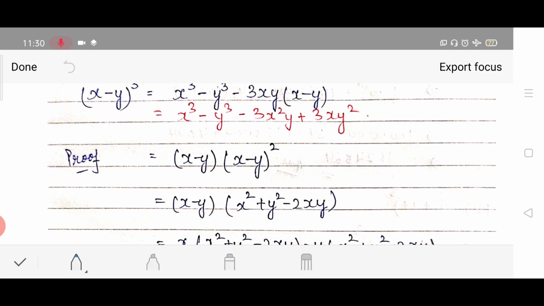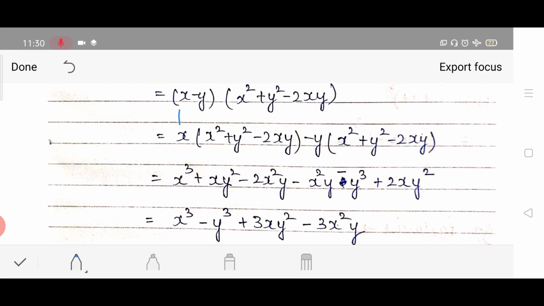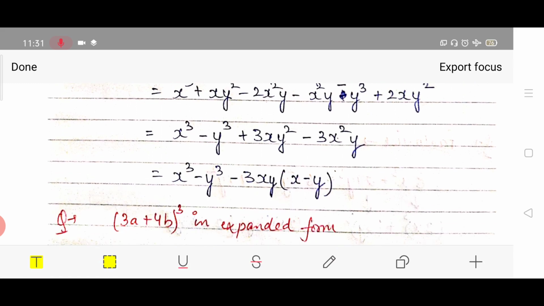Now let us see how this identity can be proved. Okay, let us see if you are having the identity (x - y) cube. So we can write it as (x - y) into (x - y) square, because if we multiply these, what will happen? (x - y) cube. Now what we have done, we have applied the identity of (a - b) whole square is a² + b² - 2ab. Then what you have to do, you have to multiply both these values one by one. First you have written x here and multiplied x by the complete expression, and then you have written -y here and multiplied the entire expression by -y. So after multiplication, the result is the final identity, that is x³ - y³ - 3xy(x - y).